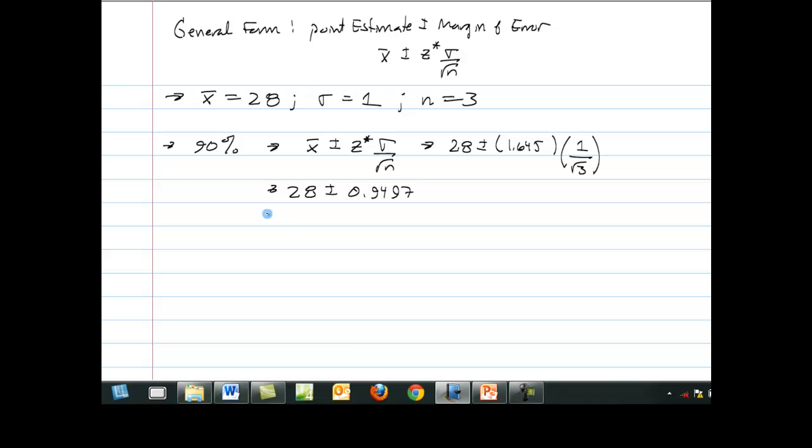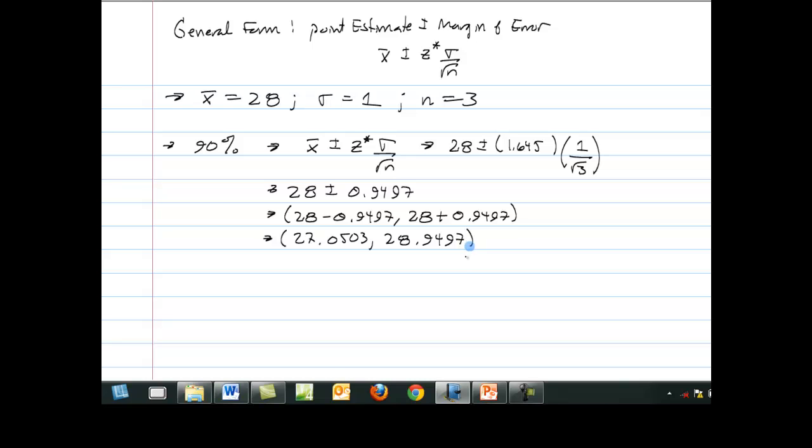So to find my confidence interval, I take 28 and subtract that value for my left endpoint, and I take 28 and add that value for my right endpoint. Now confidence intervals always go low to high, so I always start with the minus first. 28 minus 0.9497 is 27.0503 for my left endpoint, and my right endpoint is